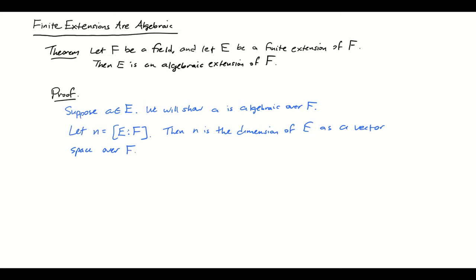Okay, so then one thing that we know is the set 1, A, A squared, up to A to the N. This has N plus 1 elements, so it must be linearly dependent